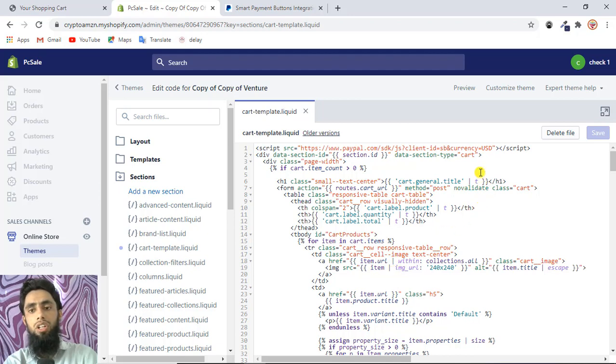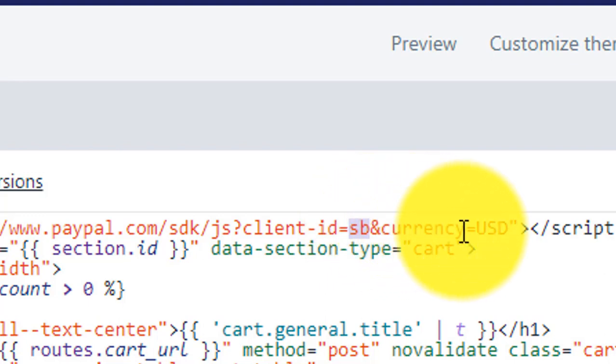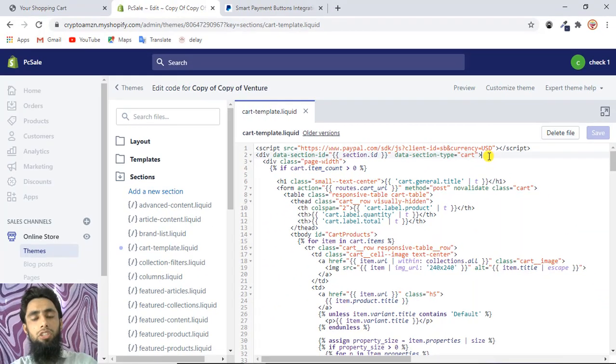Also, you need to add the client ID over here on top. You need to mention the client ID, and I already told you that I have added the link in the description, so you can see how you can get the client ID from your PayPal account, right? And whatever currency you mention over here, that would be accepted. I have the default, which is USD, that means US dollars. If you want, you can use EUR, that is called euro, or INR, that is Indian rupees. Whatever the currency of your country is, you can add that accordingly.